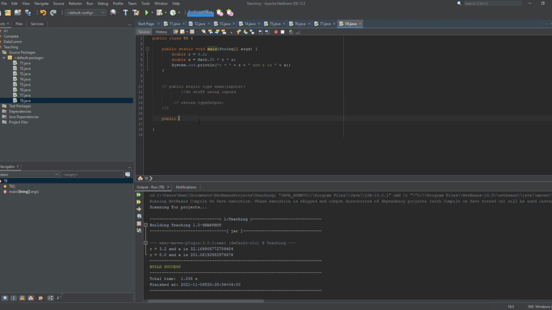So let's make a function that calculates the area and returns a double. We would call it calculate area. The input would be a double. Let's call it rad,